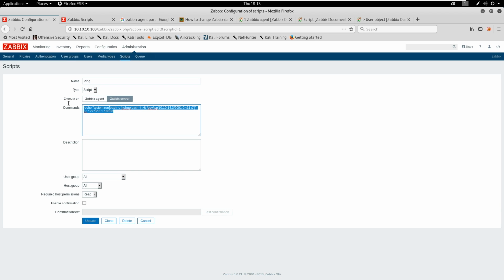Here's the command. This is the last command we ran because we overwrote the ping. And then there should be, execute on Zabbix Agent or Zabbix Server. So that's where that one flag comes, and why we could just change to Zabbix Agent and have this execute on the zipper host. User group,